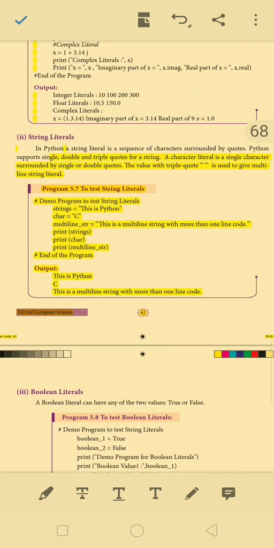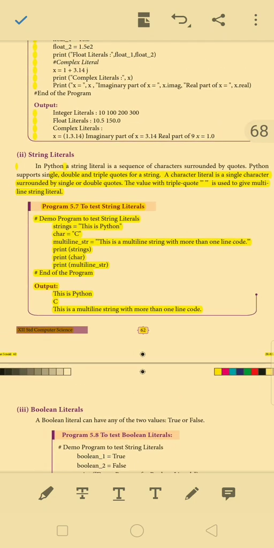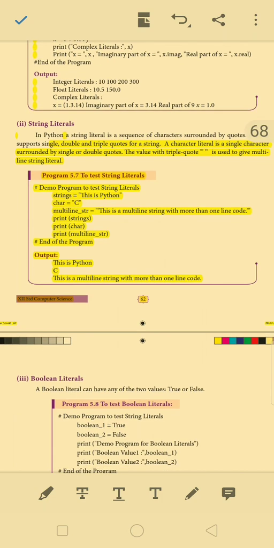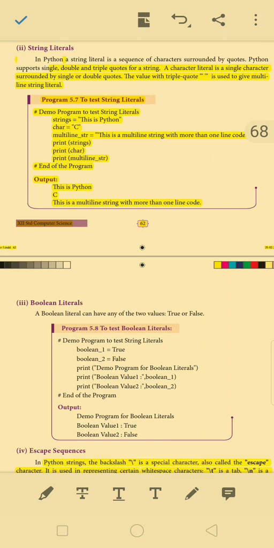Next one is string literal. It's a 3 mark question, your book back 3 mark question. In Python, a string literal is a sequence of characters surrounded by quotes, which may be single quotes, double quotes or triple quotes. Triple quotes are used for a multi-line string.